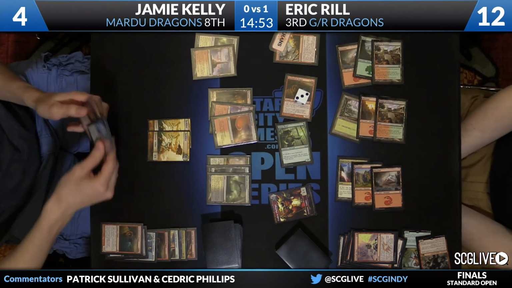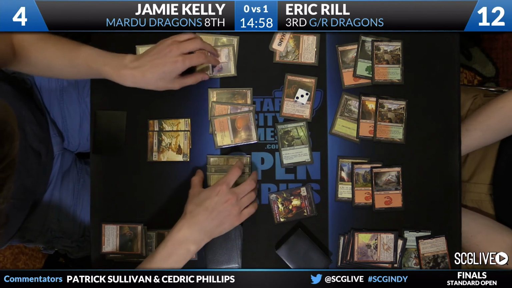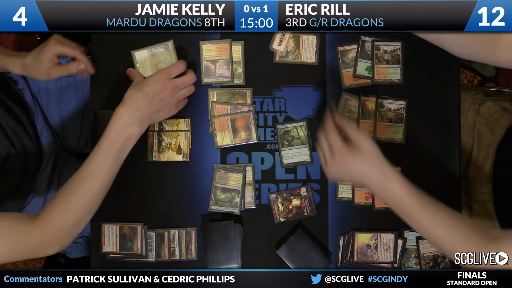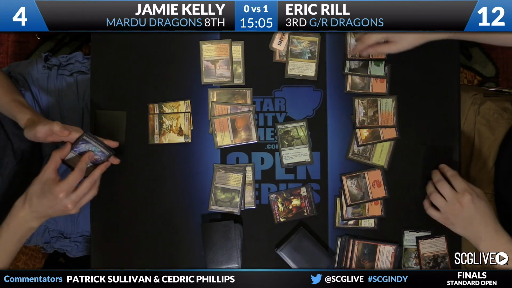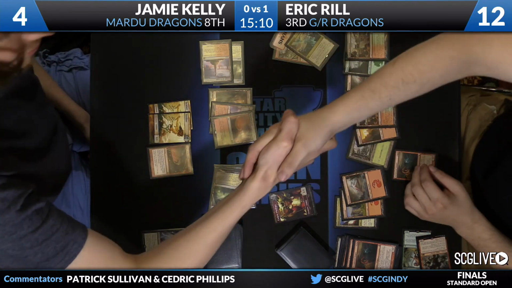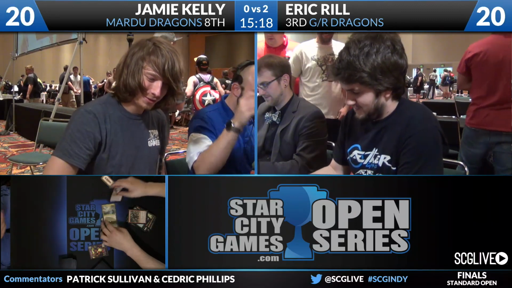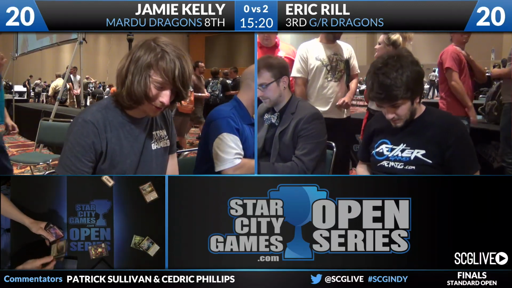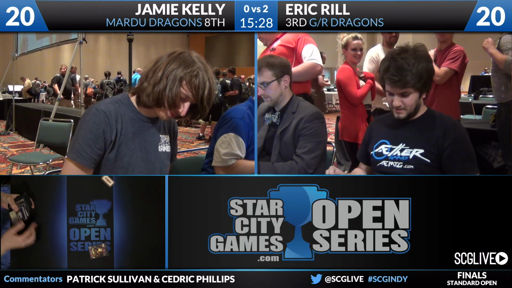Kelly will draw. Picked up a copy of Crux of Fate. That's an answer to the problem. Again, sort of. I mean, he's not dead this turn, but Outpost Siege is still doing its thing. Rill will draw. Haven of the Spirit Dragon, Stormbreath Dragon was going to be the draw, and that is going to do it. Eric the Thrill Rill Assassin. He gets the job done with Green-Red Dragons over Jamie Kelly, and this is a 5th Open Series win. He is your standard Open champion here in Indianapolis. Congratulations to him. And the way that Jamie sideboarded, you know, he was settling in for a long